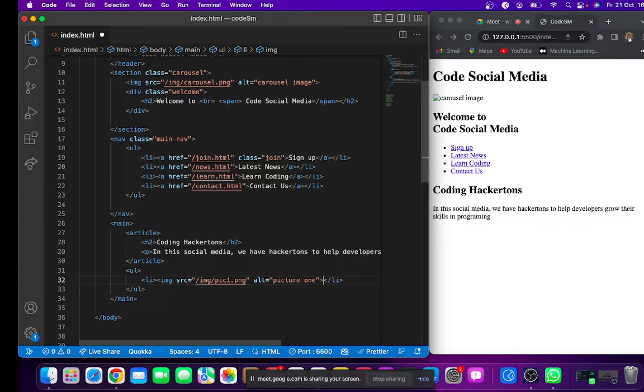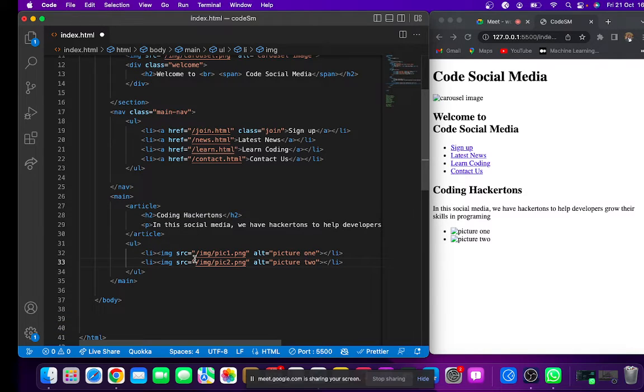Okay, I'm going to save this. You see pic 1 here because there is no picture. We are going to put this picture at some point. So I'm going to copy this exactly and put it down here and have this one as picture 2, and here have it as picture 2. So we are using what we call semantic HTML for all this. So that is the main